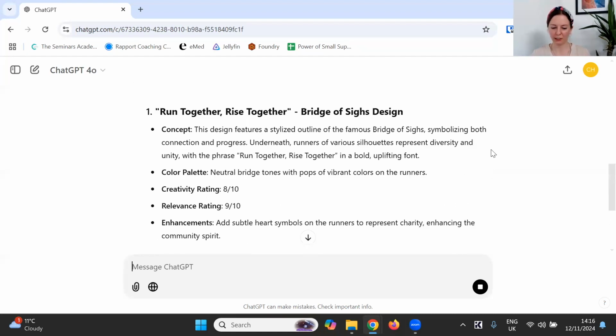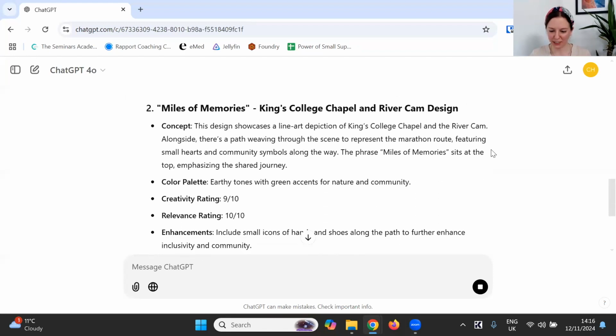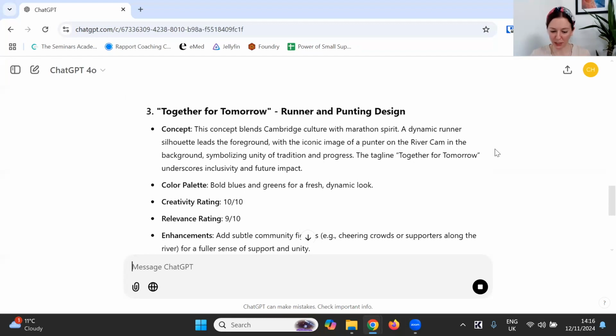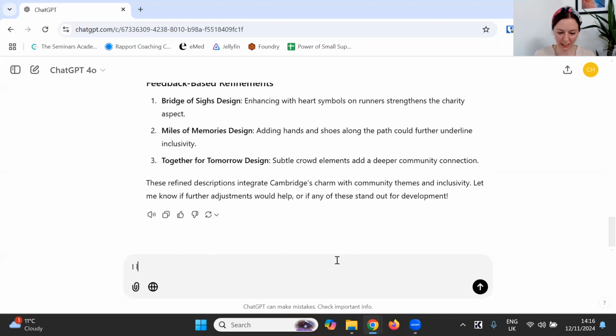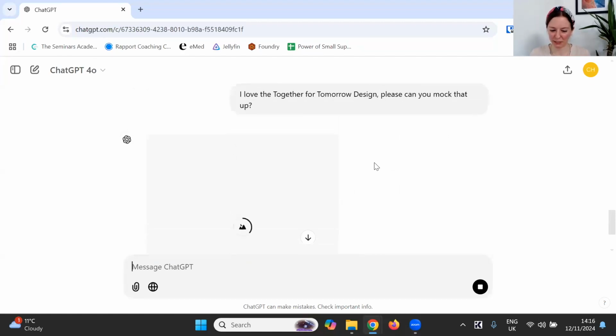And so it's come up with Run Together, Rise Together as its first concept, and using the famous Bridge of Sighs, Miles of Memories, showing a line art depiction, and Together for Tomorrow, showing runners and punters. So here we can go, I love the Together for Tomorrow design. Please, can you mock that up? Obviously, in reality, I would suggest talking to your team, getting some feedback from fundraisers, from runners. But again, just for the demo,